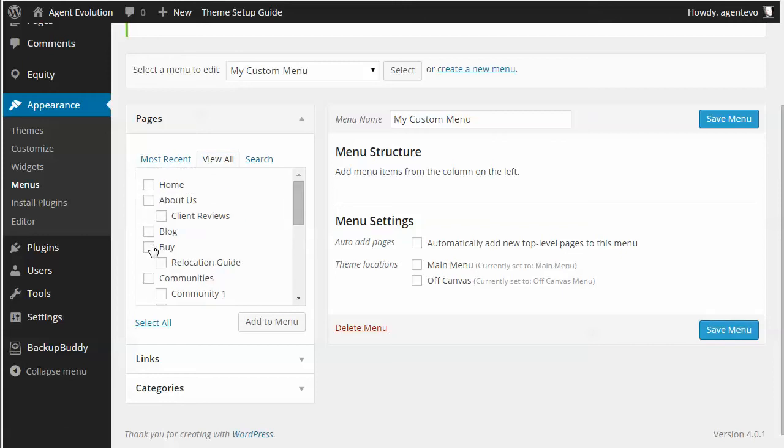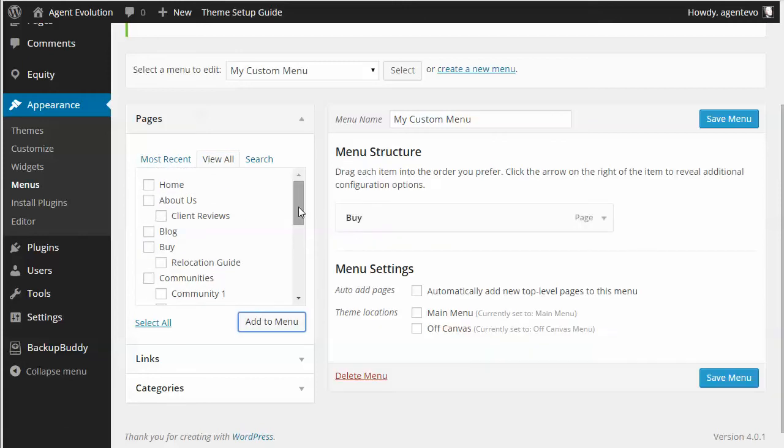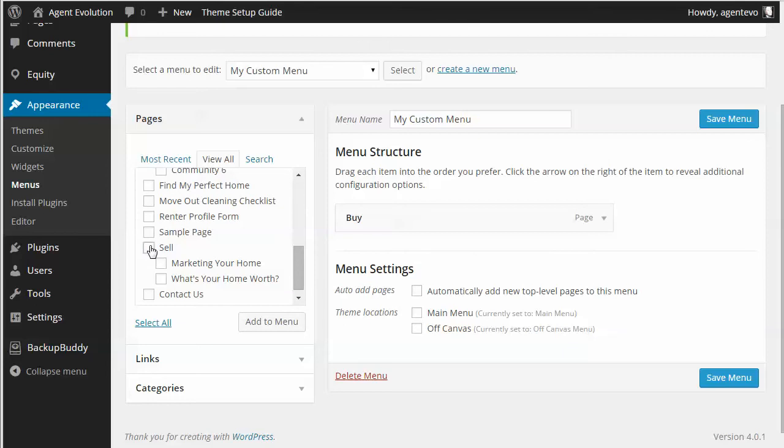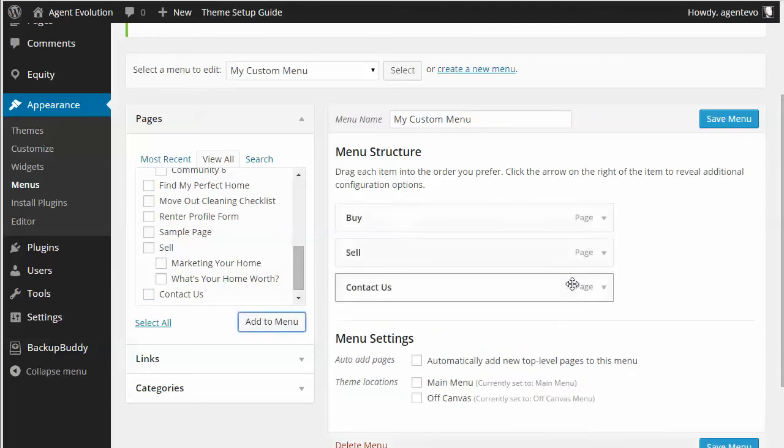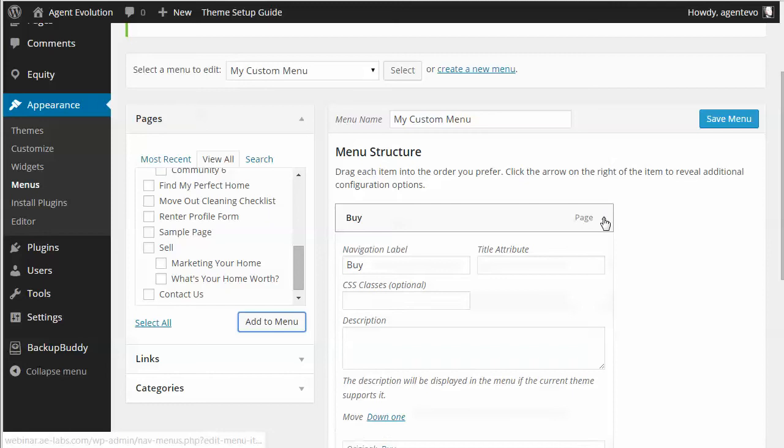We can select Buy, Sell, Contact Us, whatever pages you want to use on there. And then you have to assign a Font Awesome class to have those icons show up there on the home top. Now let's go to the one we've already got set up